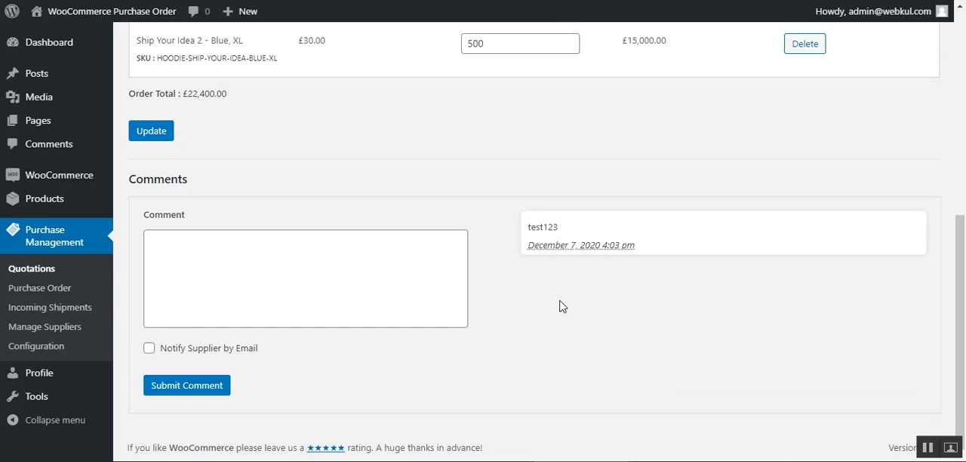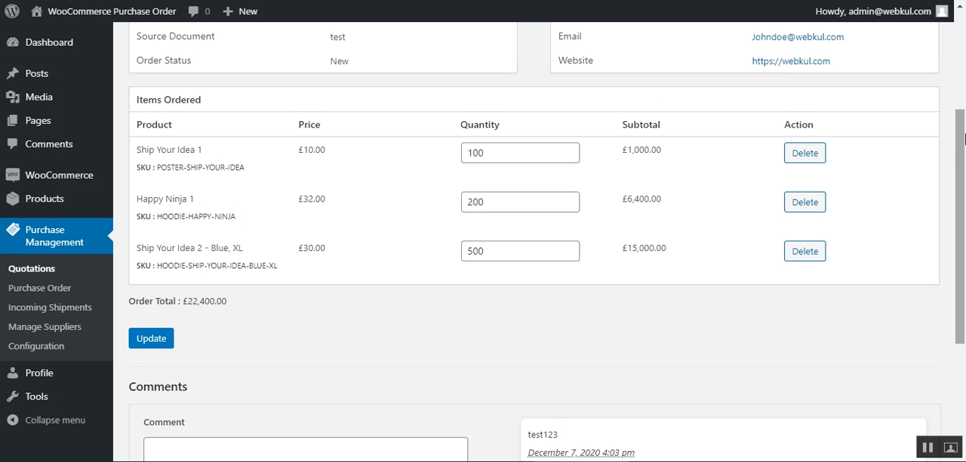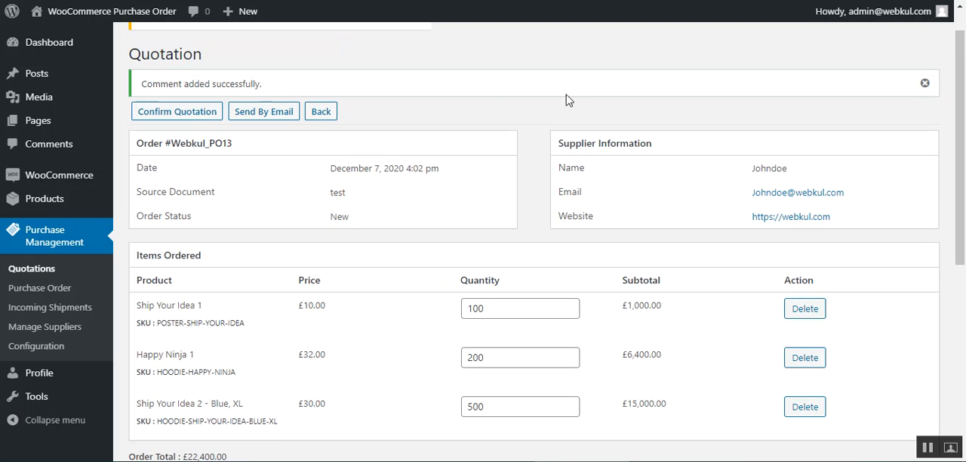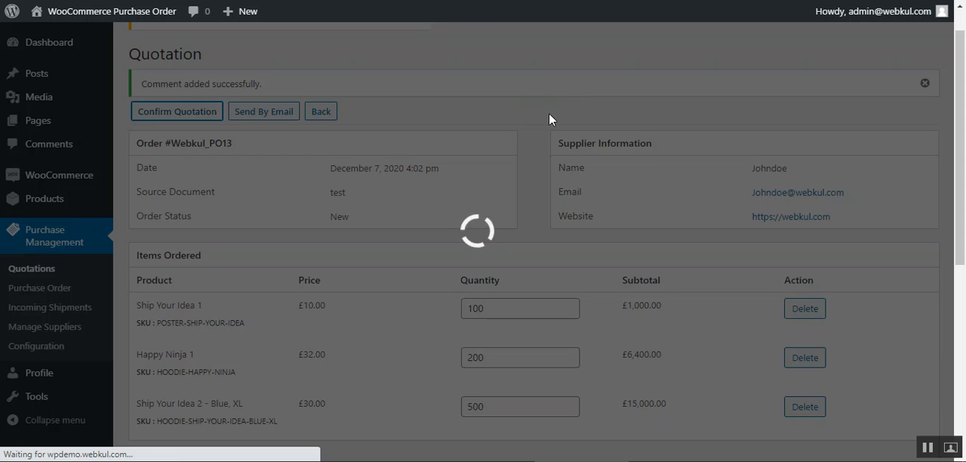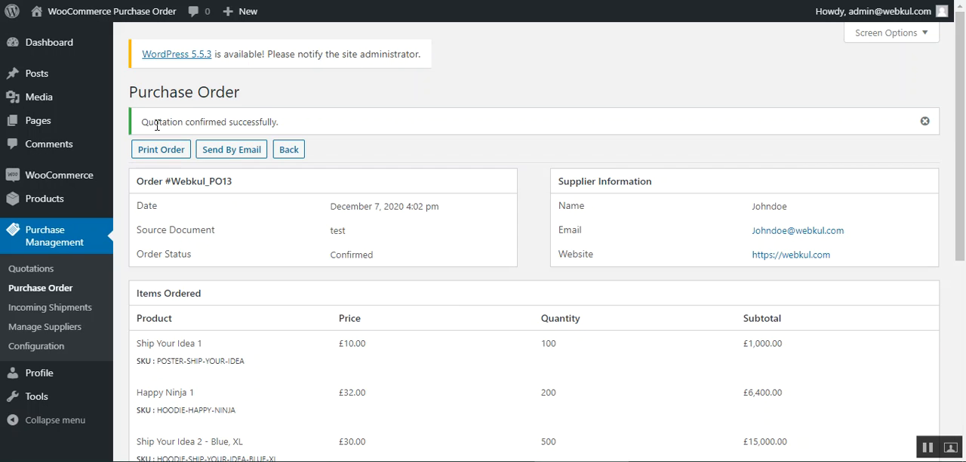Now the seller can also respond back, and that particular thing would be visible here under this section. And if the supplier gives a go, and the admin also wants to confirm the quotation, then he can tap here on the confirm quotation button that we have. So if I tap here on the confirm quotation button, on the prompt you can see that the action will convert the quotation into the purchase order. Are you sure you want to continue? So you'll just tap here on the OK button, and within a fraction of a second you can see that